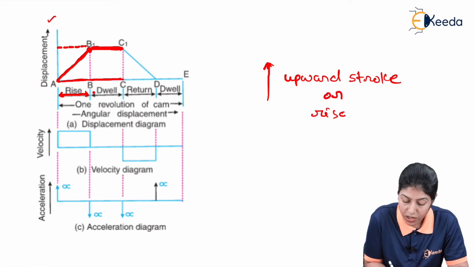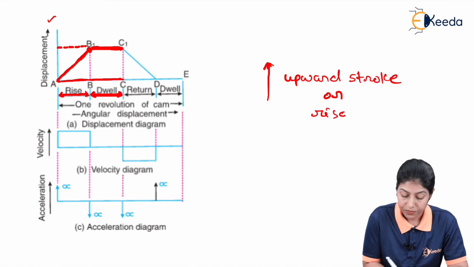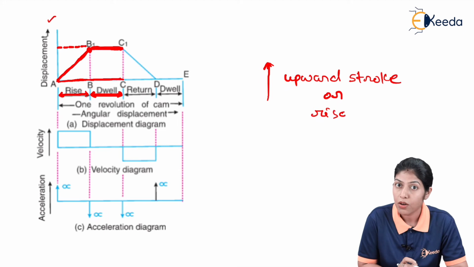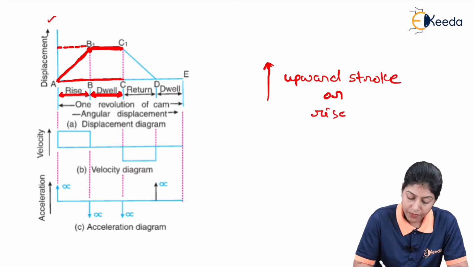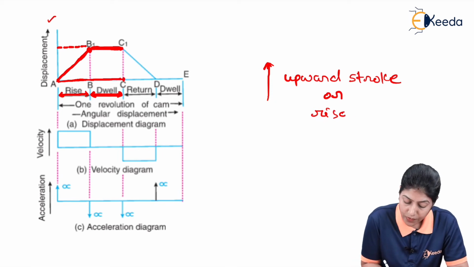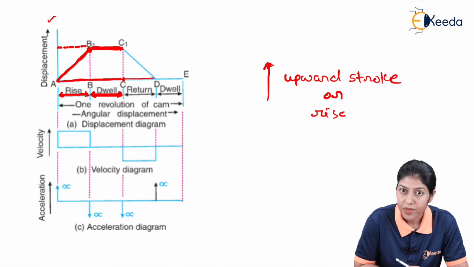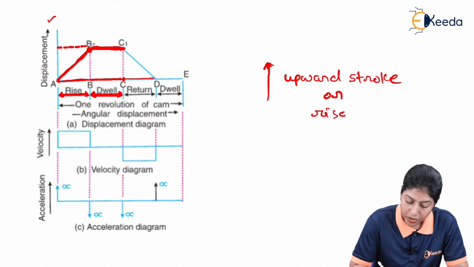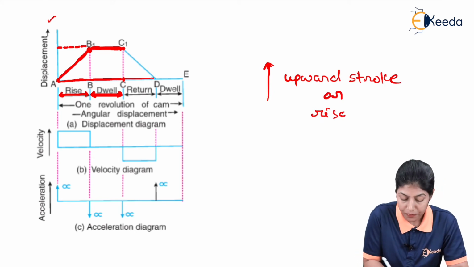So this particular time is called the dwell period, when the cam is rotating but the follower is not moving at all, when the follower is in rest condition. Now after some time, after this particular point C, the cam will rotate again. So from that particular point C1, here AB is representing the displacement of the follower, and B1C1 is representing the rest position